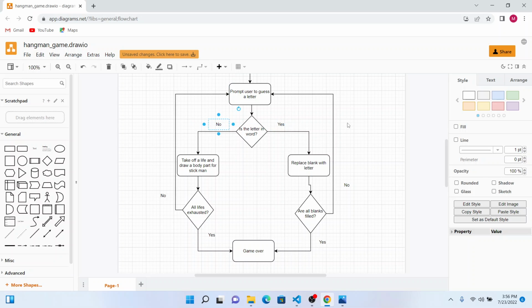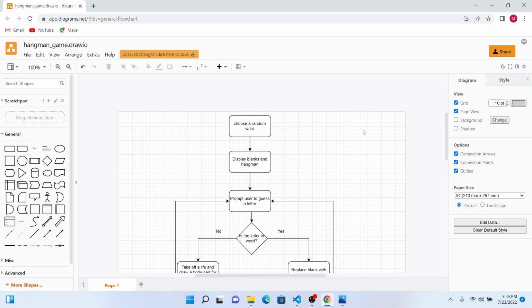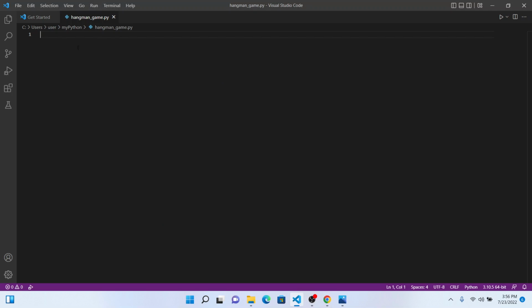So let us complete our program now. I have created a blank Python file in Visual Studio. We are going to use the random module because we need to randomly pick a word from the words list. We are going to use a simple word list